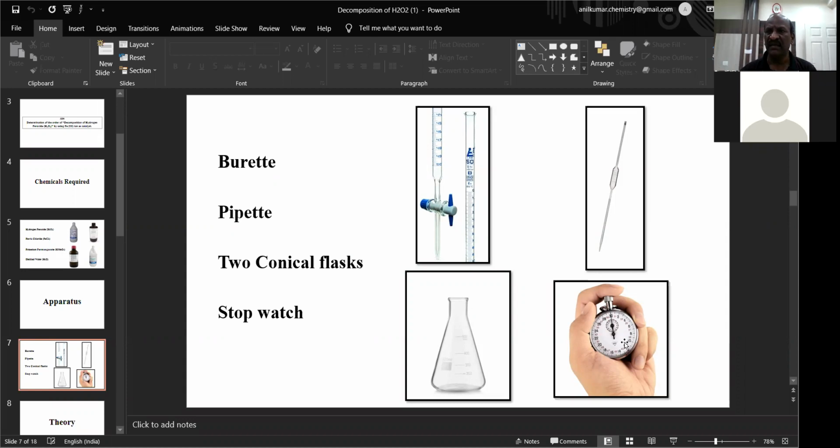For any experiment, if we give the question, you have to write the aim. Aim is nothing but almost the question, whatever question we give. And second one is your chemicals, what chemicals you are using in that experiment, that you have to write. Third one is operators. Now you have this for all experiments.